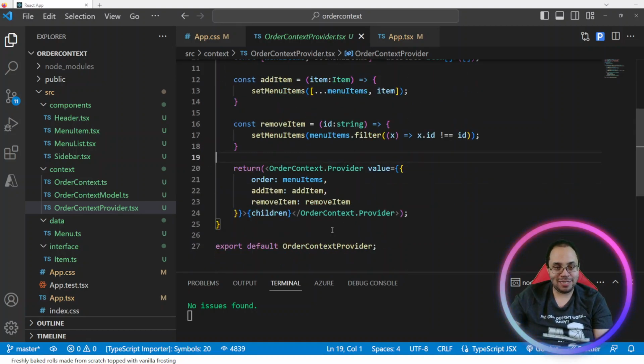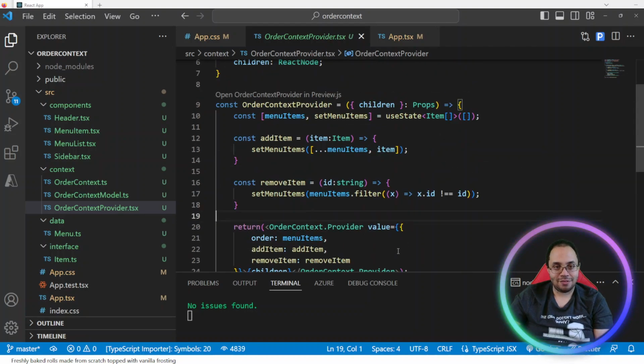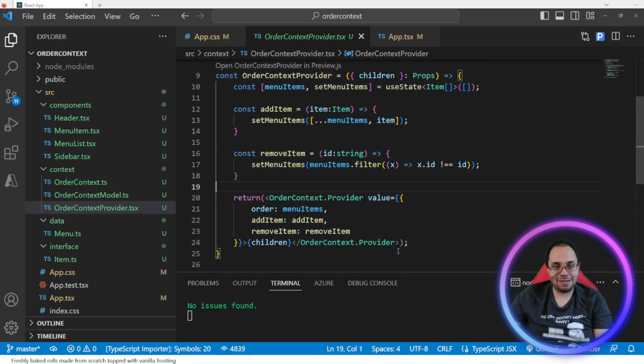Cool. Then what do you do at the end? You return a context provider with the values of order, which is menu items, add item, and remove item. And then that gives you my provider. This looks very complicated, but basically what you're doing is saying, hey, here is essentially a function that I would like to be made available to anyone who uses this